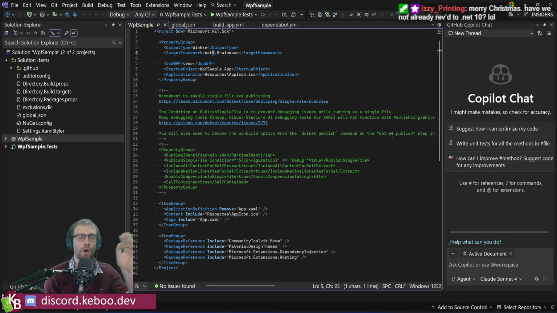There is a difference here between the target framework of what we're going to compile towards and what we're going to